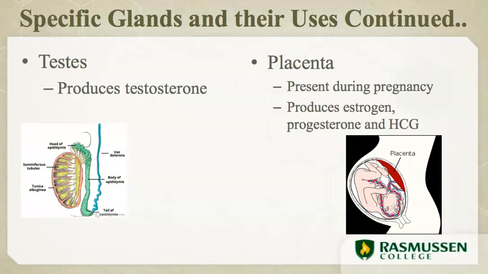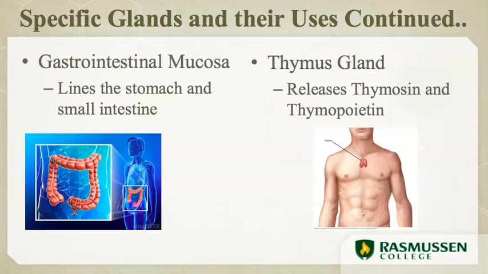That is a spongy structure that joins the mother and the fetus together and provides a blood supply between the two. This is only present during pregnancy and acts as an endocrine gland by producing estrogen, progesterone, and the HCG hormone. And finally, we have our gastrointestinal